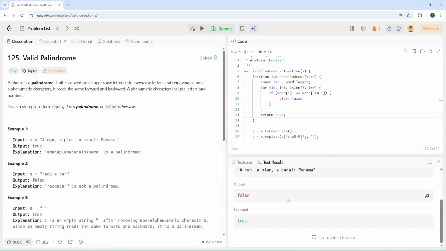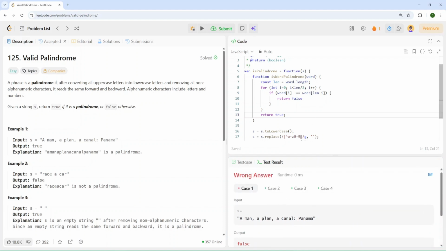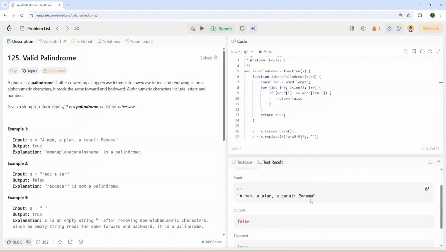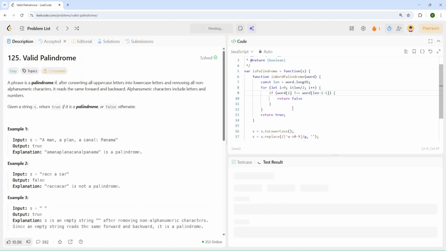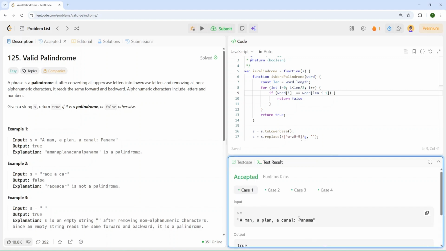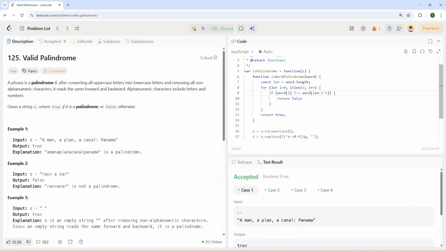And let's check it again. Okay, and I have a wrong answer. Let's see. I forgot to add -1 because we are starting indexes from 0. And let me run this again and check. Okay, now we have passed test cases, and let's try to submit.